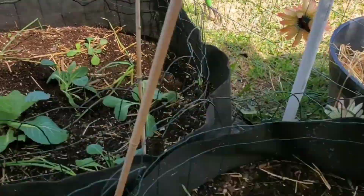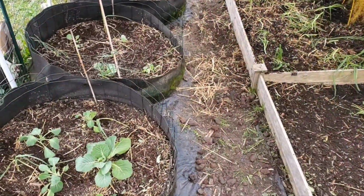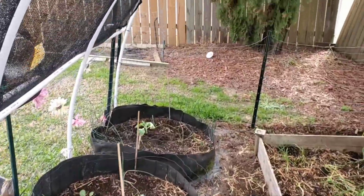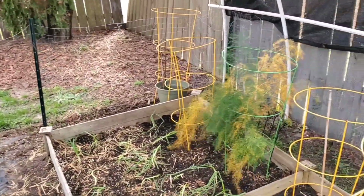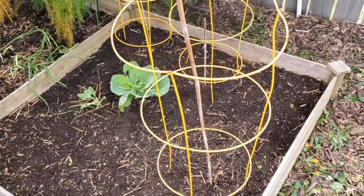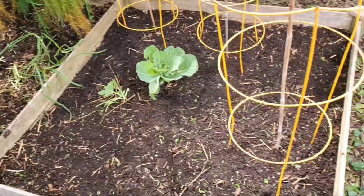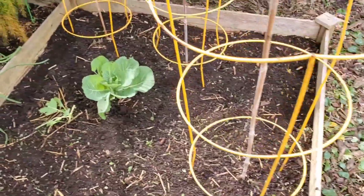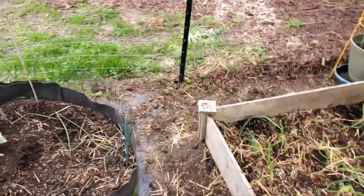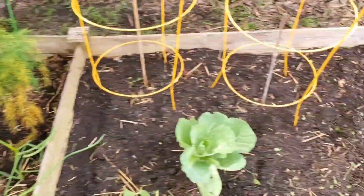Got my cabbage growing in these two beds with the garlic around it. Okay, I pretty much have this hoop house area weeded out, cleaned out. Now I can get ready to plant some more of my seedlings in here. Gonna add some more garlic in this bed, add some more onion over here, some more cabbage over in this bed too. And get my